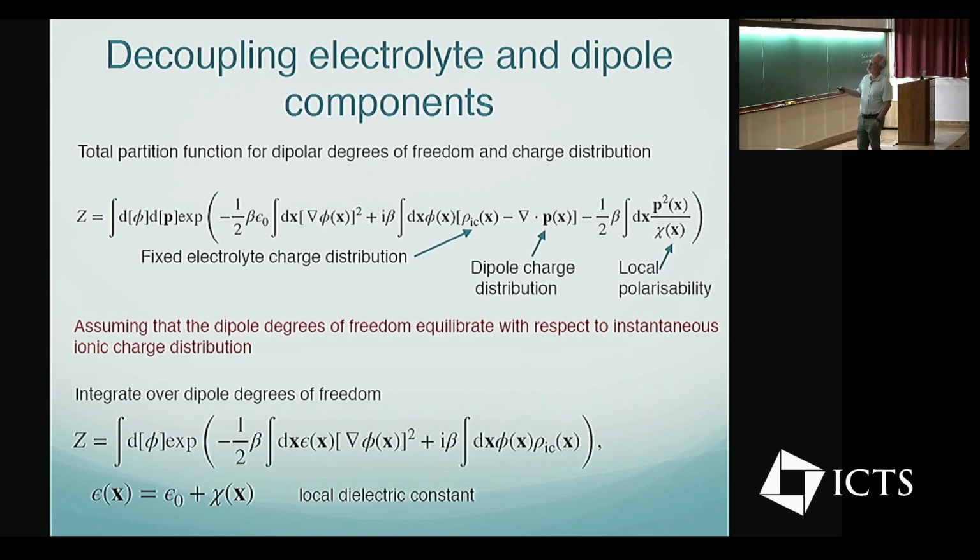This is why they repel each other, okay? So this is a charge density distribution. This is rho IC. This is coming from the density of electrolytes. So these are my free charges. And of course you have a charge distribution which comes from the dipoles, which is given by the divergence of